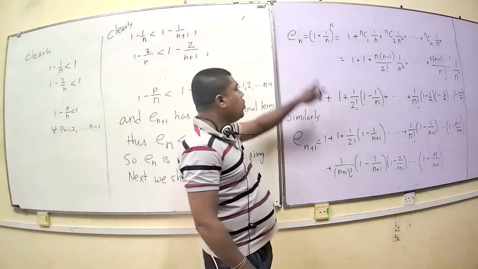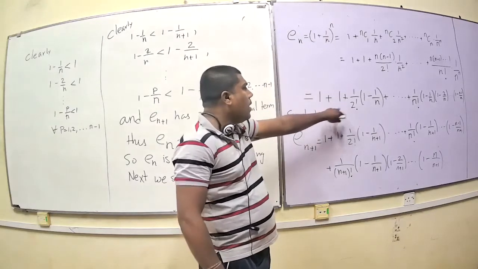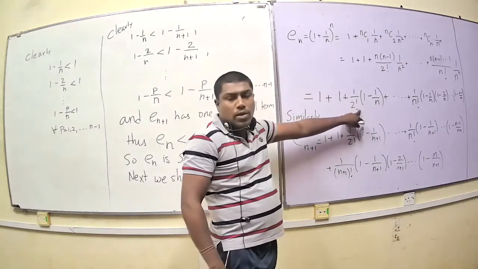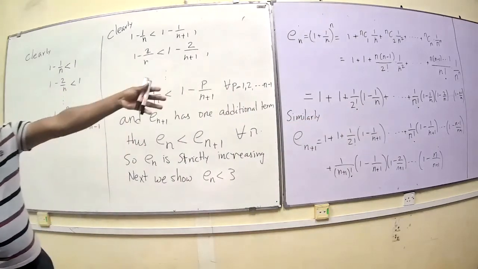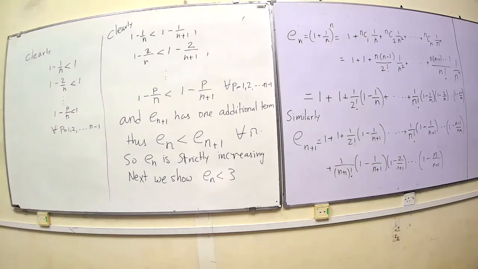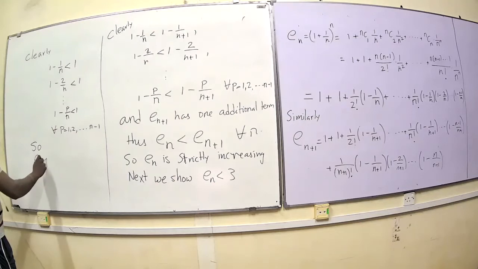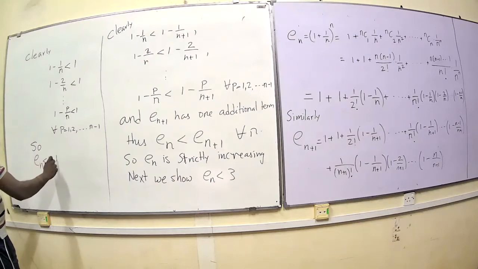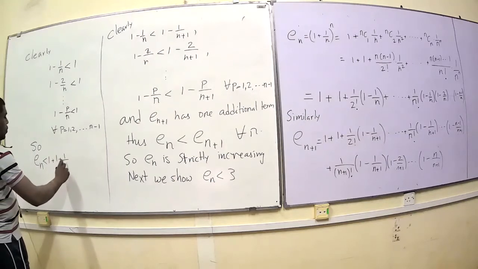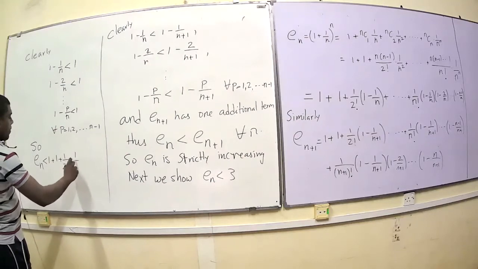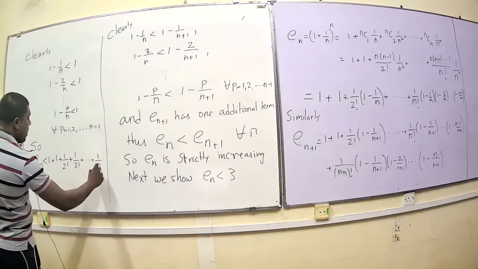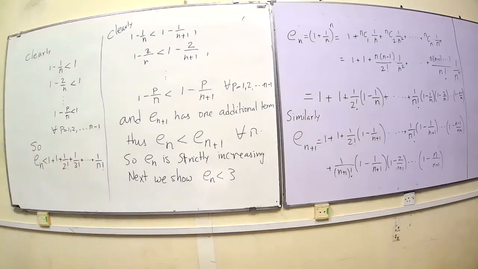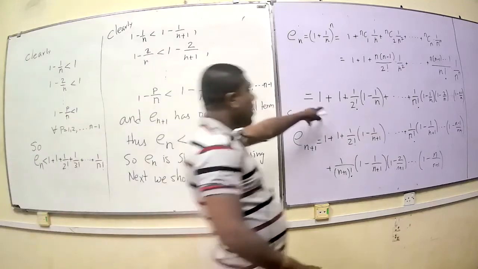So here En is 1 plus 1 plus 1 over 2 factorial, and so on, where the factors 1 minus 1 over n and so on are each less than 1. So you know that En is less than 1 plus 1 plus 1 over 2 factorial plus 1 over 3 factorial, all the way up to 1 over n factorial. Right? So from this line,